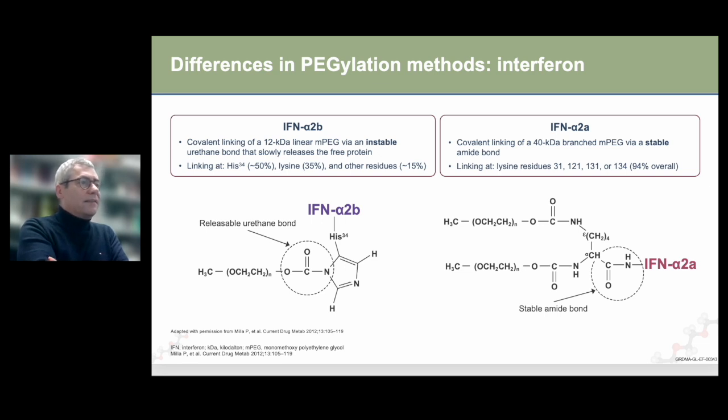In the first case, in the case of interferon alpha 2b, we have the conjugation of PEG 12 kilodalton to the amino groups of the protein, and one of the conjugations was obtained at the histidine 34 of the sequence of this cytokine. And this derivative is very interesting because